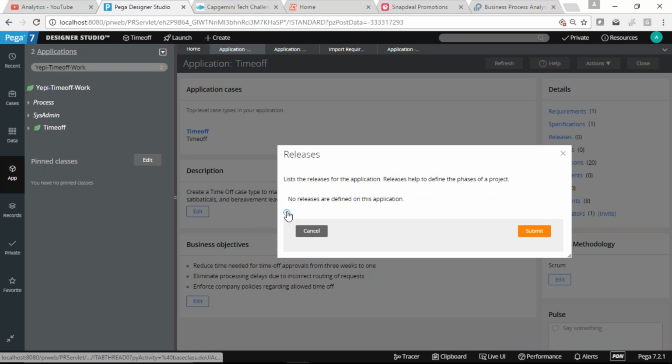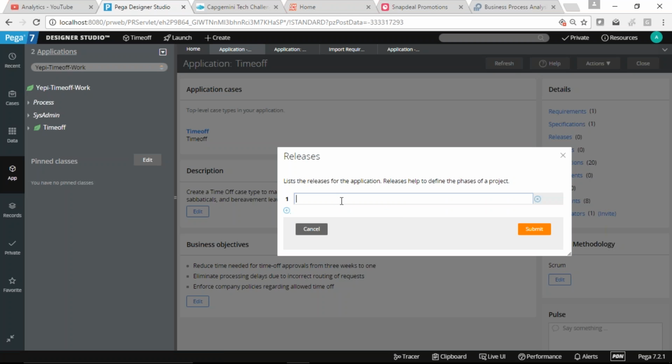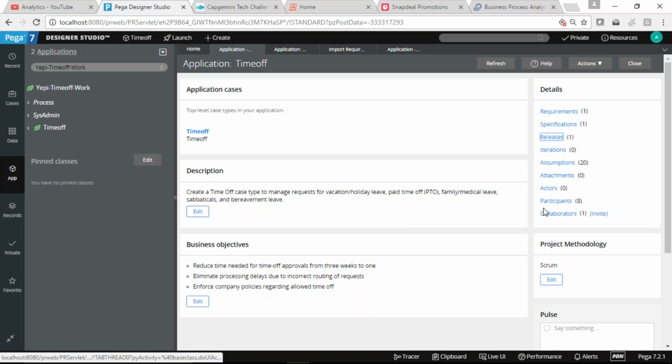Okay. So here, this is release 1, release 2. Within the release, I have multiple iterations, so I can do that here. I can create releases and iterations here, and then I can move it, so this requirement and this specification will be part of this release and this iteration.